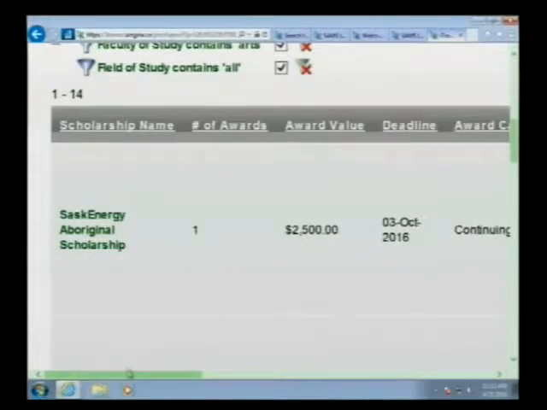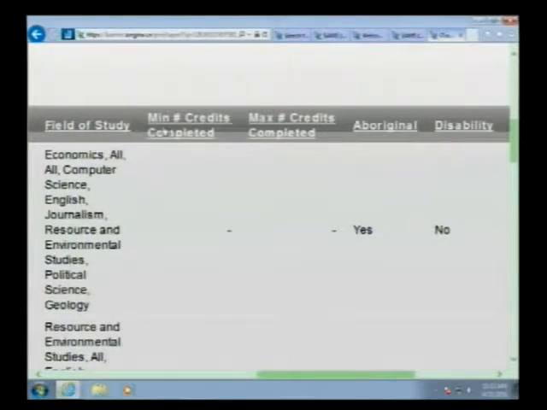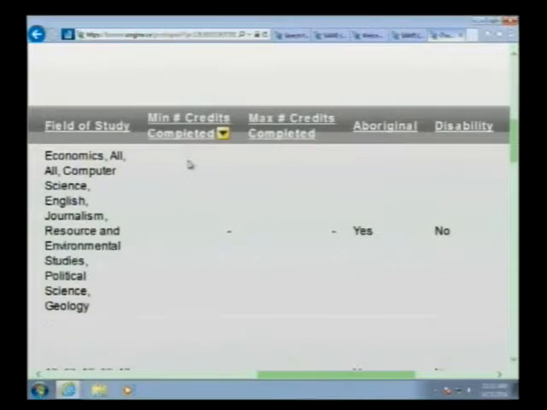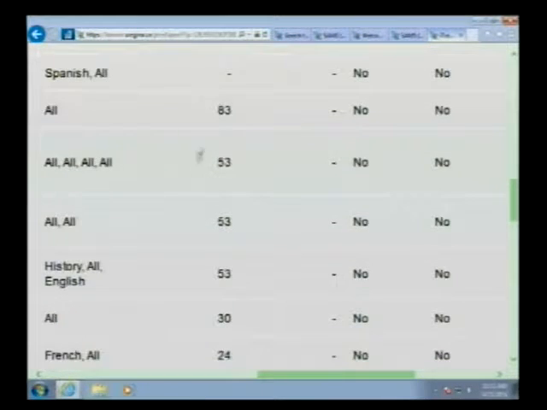So I'm back to my list, and as promised, I will show you over here. We have the minimum number of credits completed and the maximum number of credits completed. If you click on minimum number of credits completed, you can see there's a number of different numbers in there. If you sort them, it'll put all the blanks at the top, and then scrolling down it'll say,